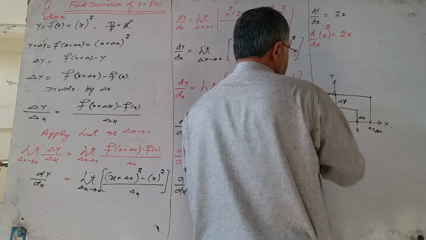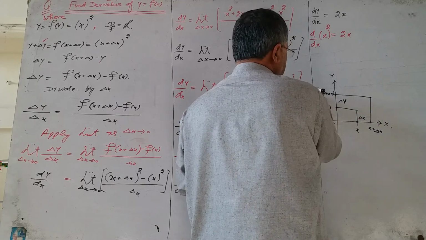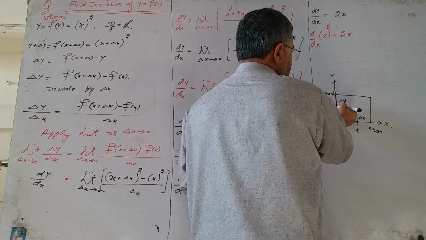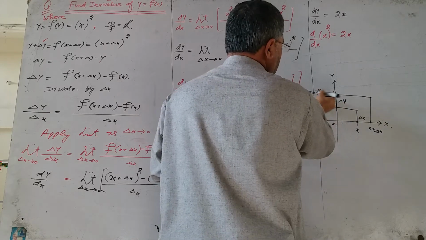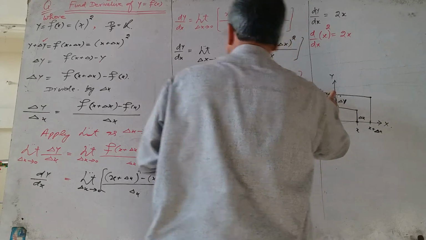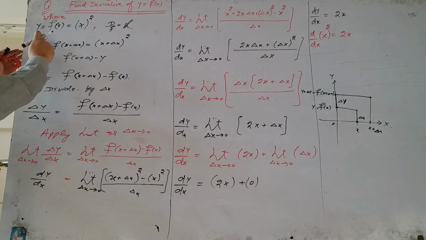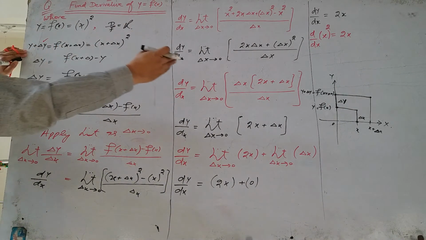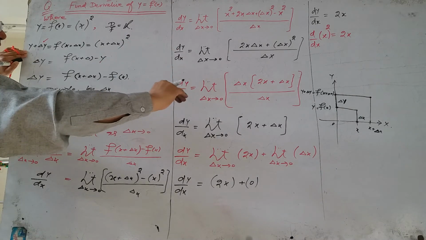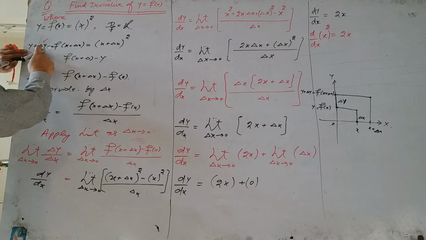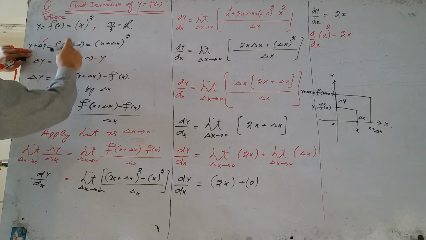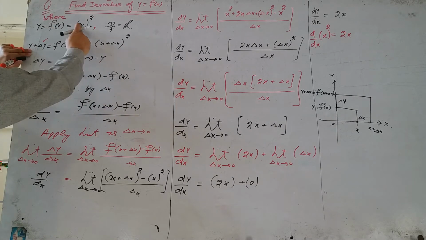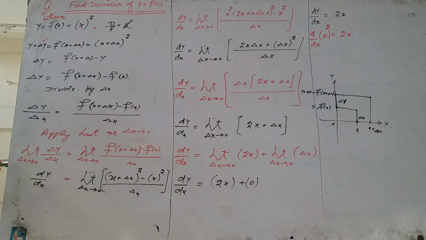So when we add to this point y the length, which is also called the change in the dependent variable, it is equal to this point f of x plus del x. Therefore, the next point, according to the change in the independent variable del x, is y plus del y. This point will be a point on the y axis, and it is measured from x plus del x whole square. When we replace x by x plus del x, we have to calculate the change in the dependent variable.